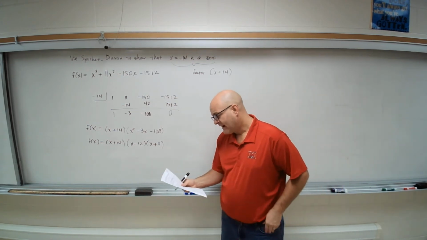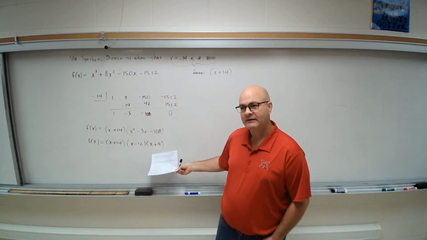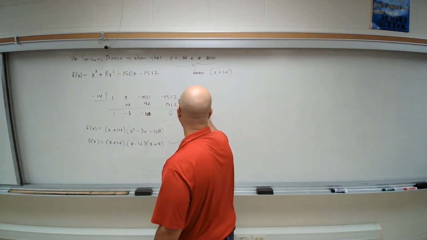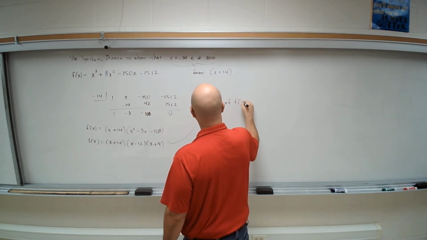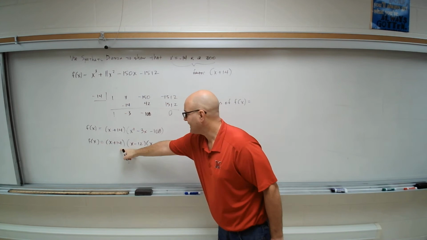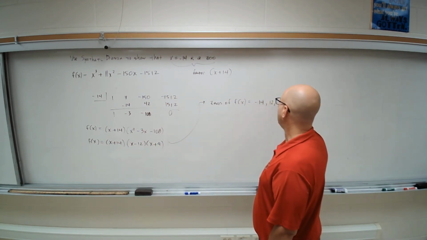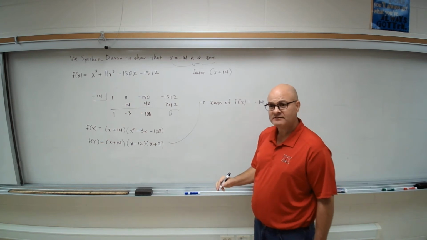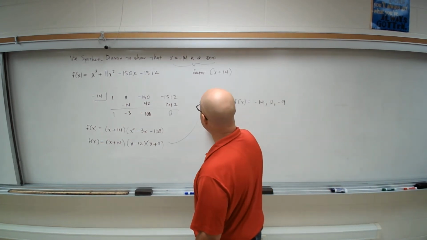Okay, so here we have a completely factored form, correct? So for this, if you were asked what are the zeros of f of x, you could say negative 14, positive 12, and negative 9. Those would be the zeros of the function. If you were asked for the x-intercepts